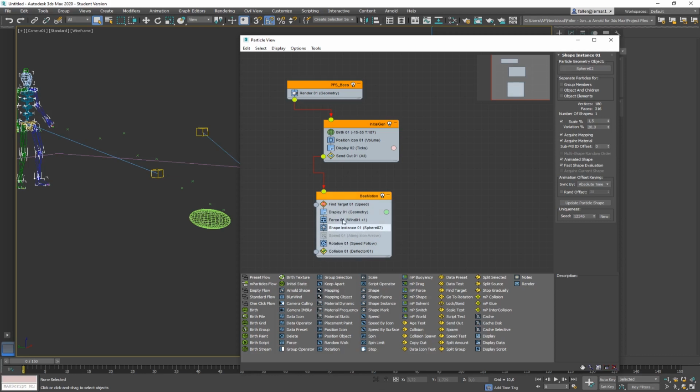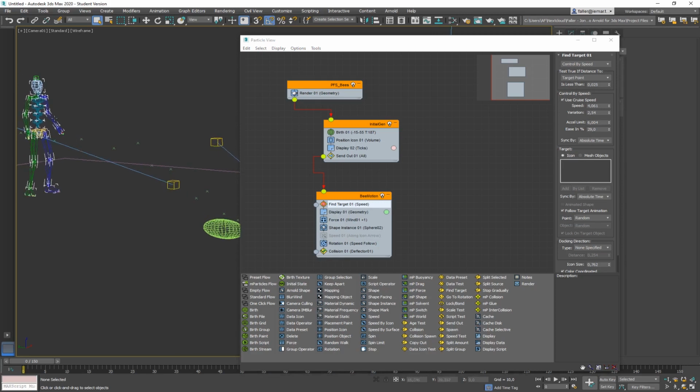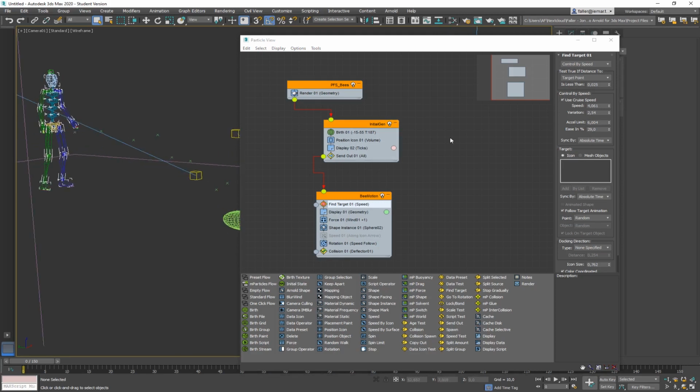And I think that what's important here, they have a find target event, where it means it's trying to find where does it say where? Try and find target. I don't know how to define the target. It's not defined here. You should define where they are flying.